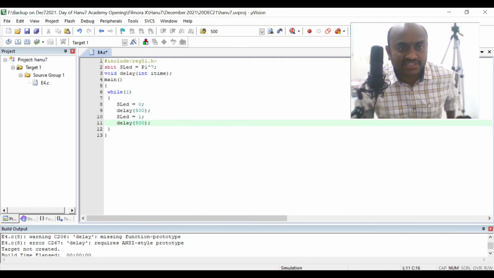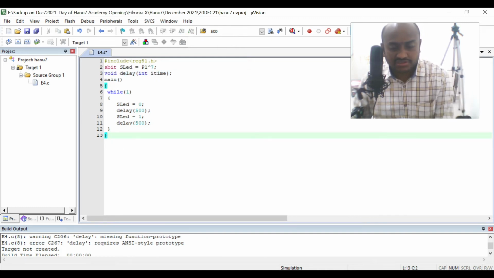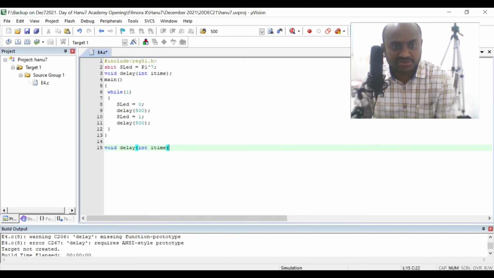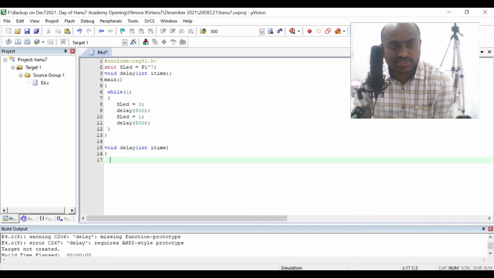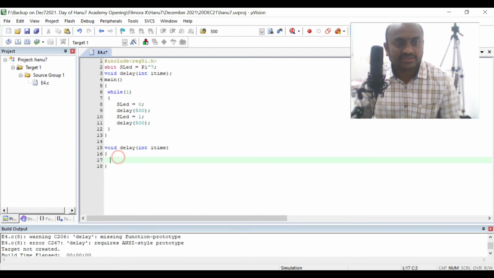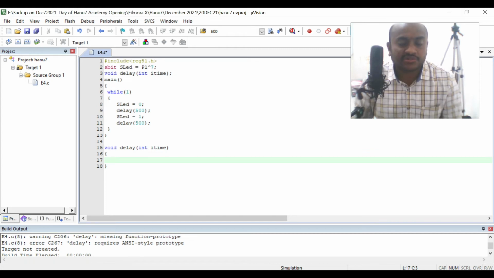So void delay int itime. Copy the same statement from here, go to the last statement out of the main method, paste it, remove the semicolon, and then write it. This is called a subroutine, which is called in the main program. So delay is a subroutine, and I am calling this subroutine in the main program.